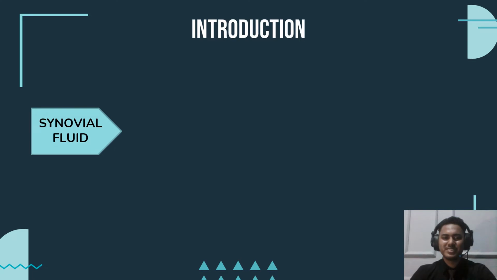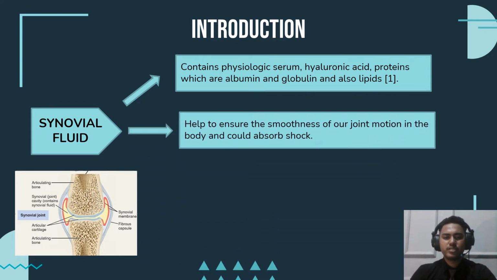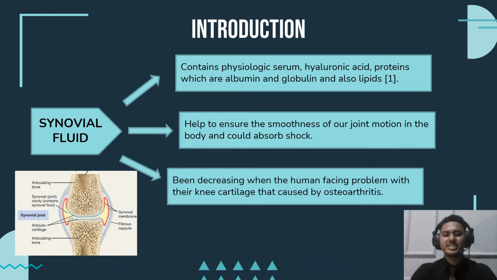What is synovial fluid? Synovial fluid is a biofluid that is located in our knee between the articular cartilage. This biofluid contains physiologic serum, hyaluronic acid, and proteins, which are albumin and globulin, and also lipids. It helps to ensure the smoothness of our joint motions and can absorb shocks. In addition, synovial fluid also acts as lubrication in the human body that can reduce friction in any movement of our joints. This synovial fluid decreases when a human faces problems with their knee cartilage caused by